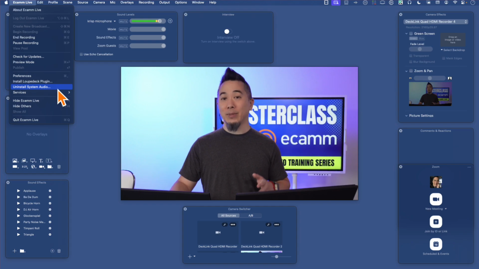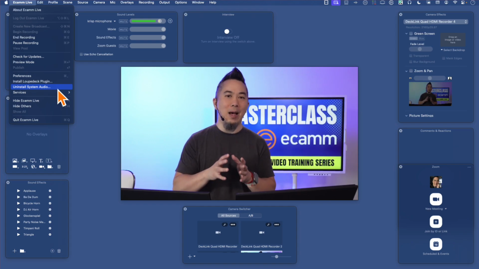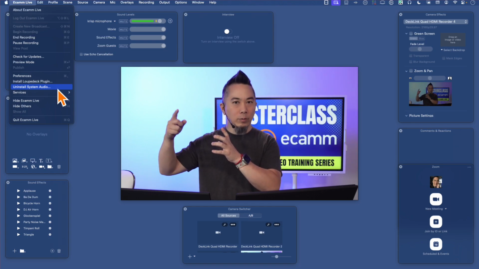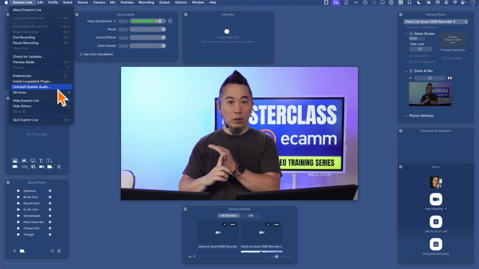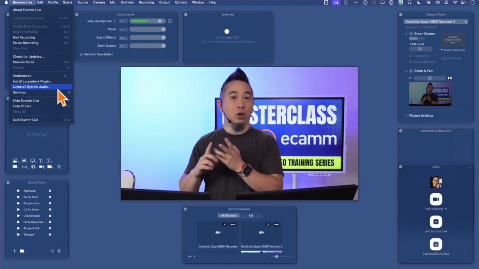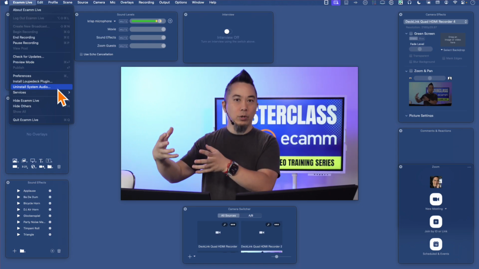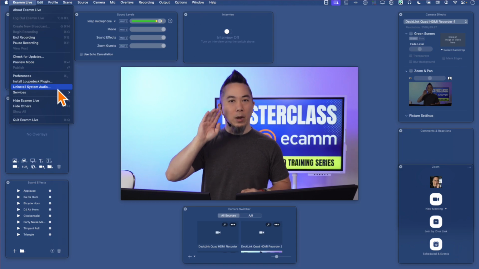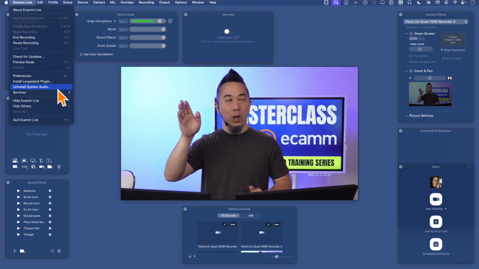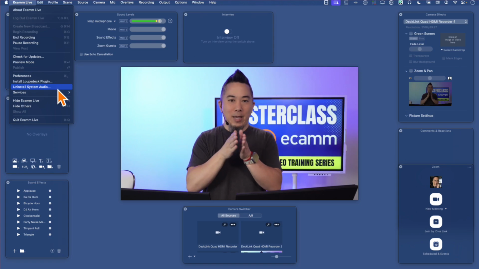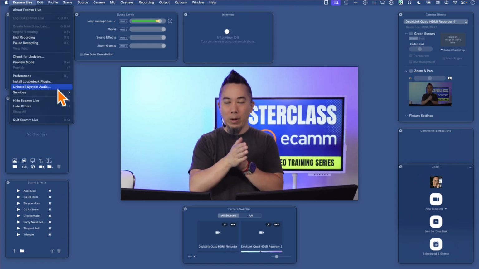The next menu item says uninstall system audio. System audio in Ecamm Live essentially allows you to share what's happening on your computer system in terms of the audio. So it could be alerts, it could be beeps and buzzes, it could be a YouTube video that you're playing on your browser on your computer system, and whatever is playing or being heard traditionally over your speakers or your headphones will now be routed through Ecamm Live, and Ecamm Live will be publishing or recording that